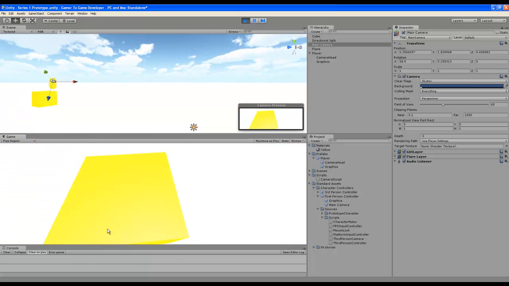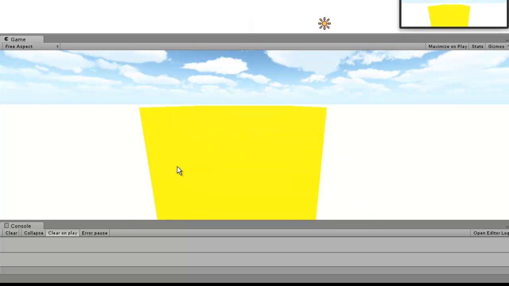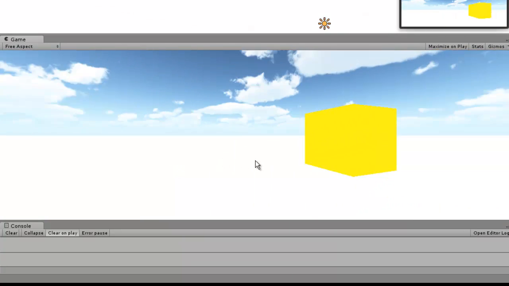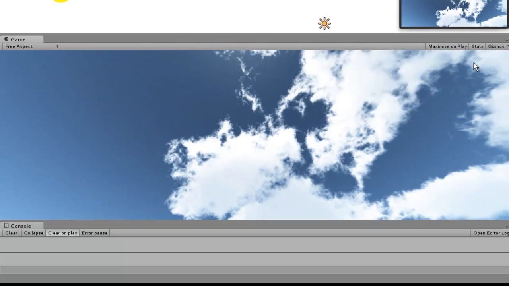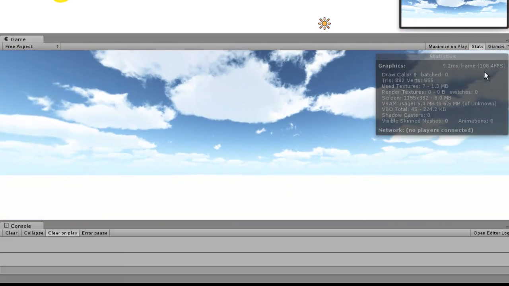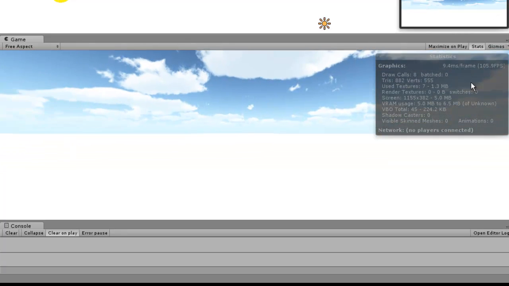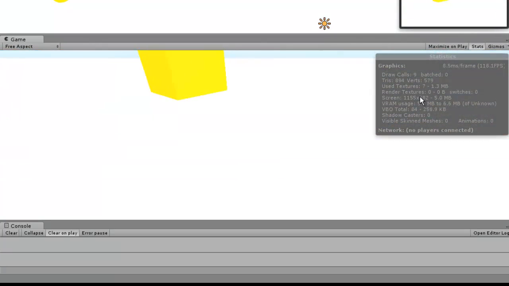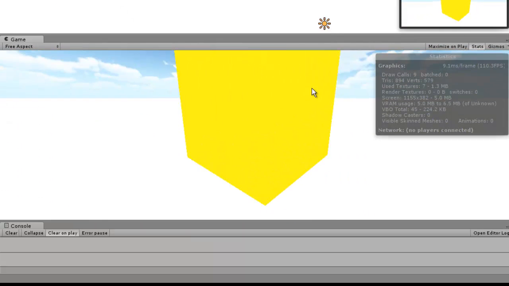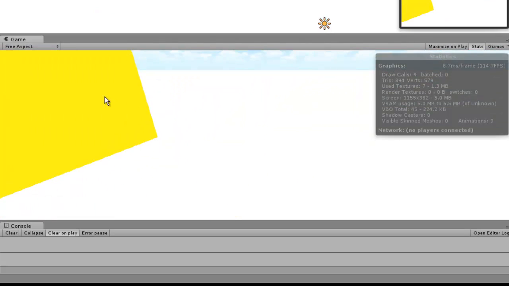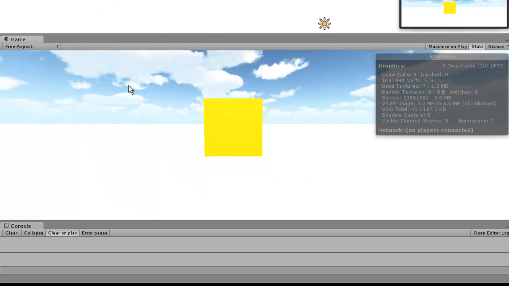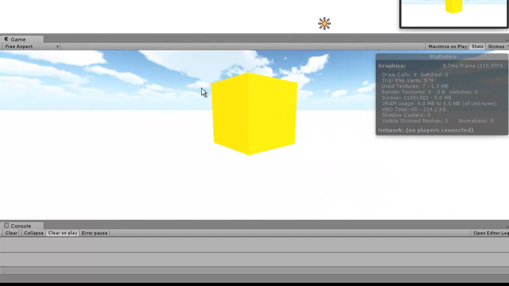Now there's another thing. I'm not sure how well you can see it, but because the frames per second are really high, we can actually see that. You just click on stats, and you can see that my game is running at like 100 frames per second. We're having some texture tearing, so that might not appear so clearly in the video, but when you run the game in the editor, it looks a bit choppy. When you actually create the game, you won't have that problem,